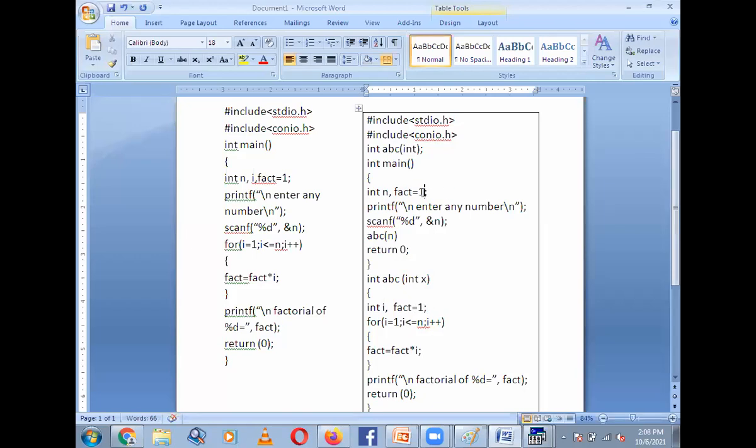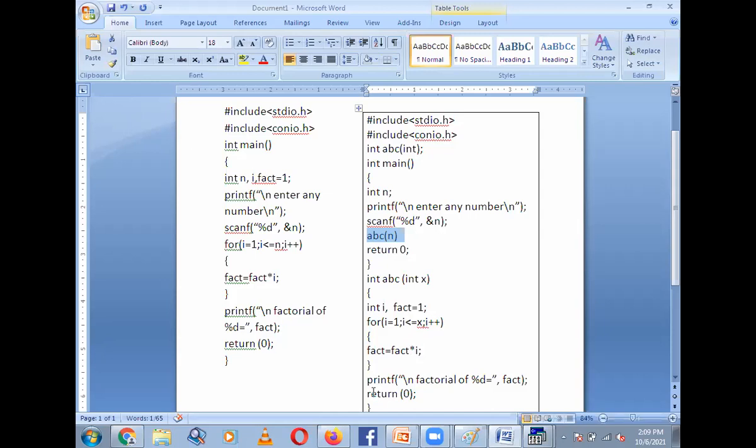Then we remove this local variable from here. Then for i equal to 1, i less than or equal to, here local variable x instead of n. What is the value of x? Here we have passed the value, x is n. So fact is equal to fact into i, and